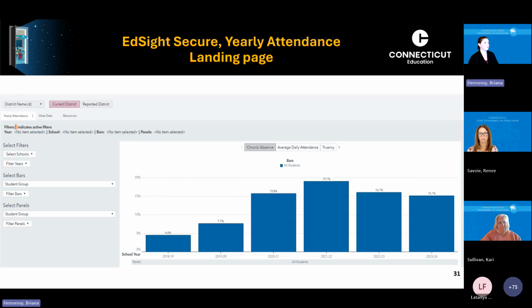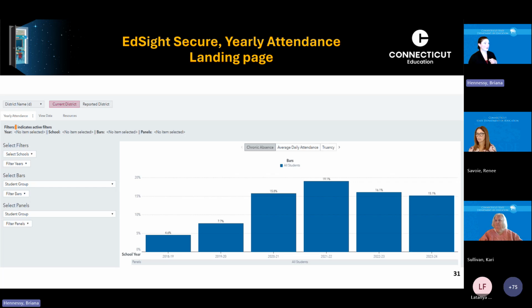All right, so I just have a few slides on the yearly attendance. A lot of it is the same as the monthly attendance. One thing you might notice is that there's only current district and reported district. There's no year-to-date aggregation in the yearly attendance because it's all exactly what was reported in June PSIS. And that's only the data from the school the student was enrolled in on the last day of school. So we're not combining data from different schools. If you're a school user, you will see this reported district tab, even though you don't see it on the monthly attendance page.